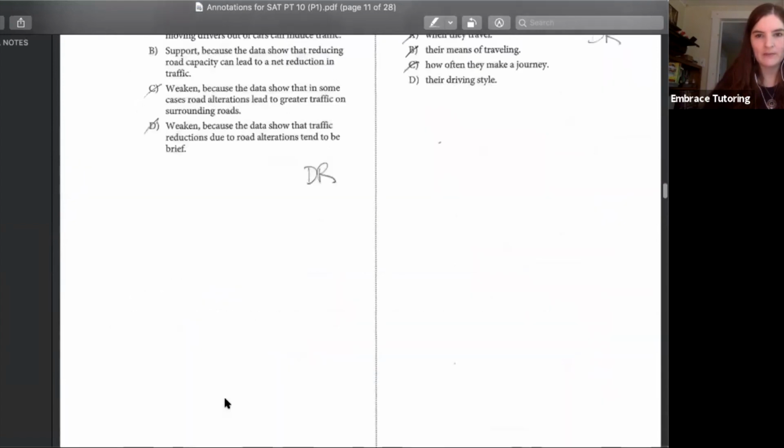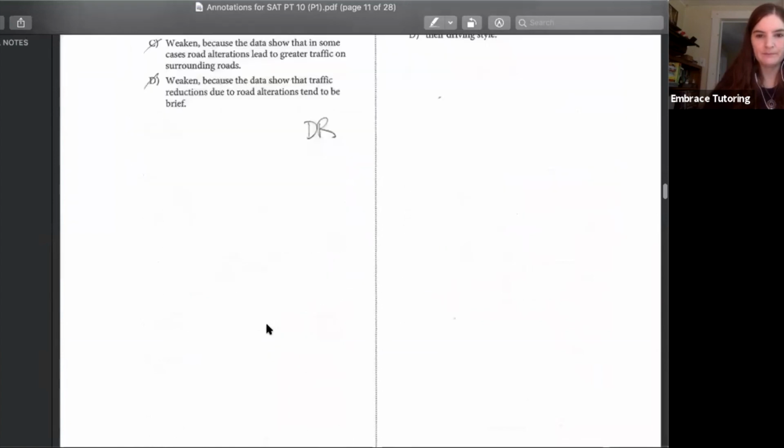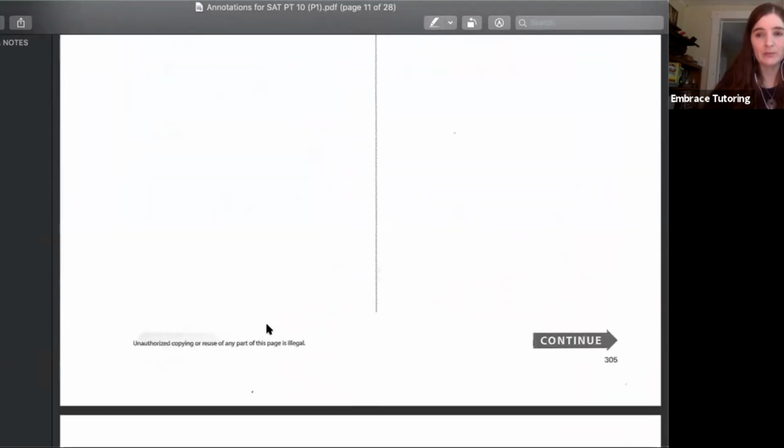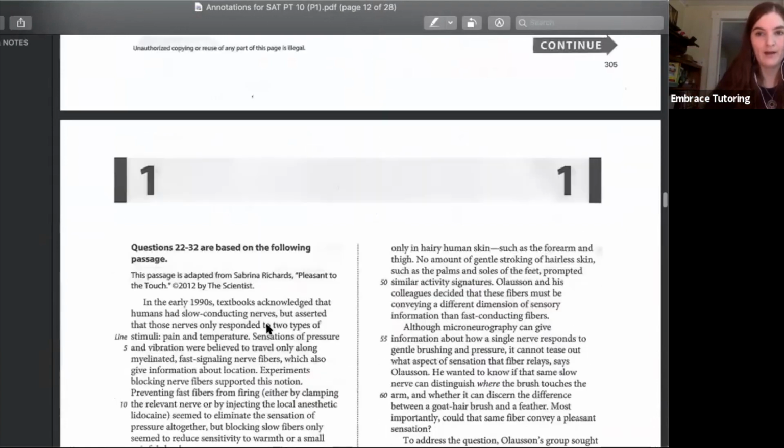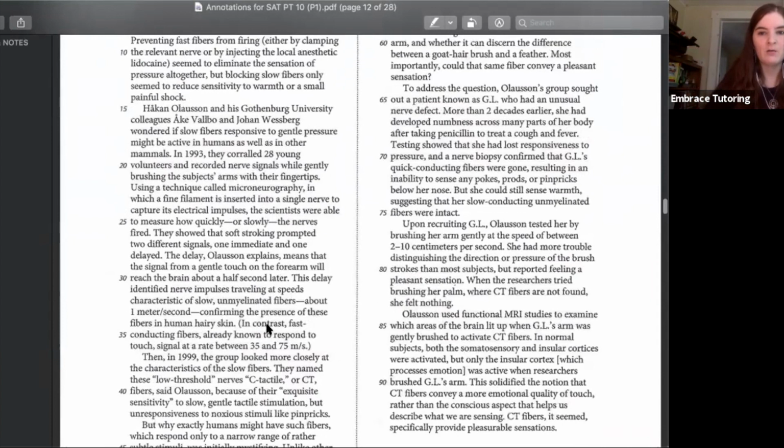Single underlining is really what you would have time for. So don't waste extra time doing double underlining unless you feel it's really important, in which case make another note, like a little star next to it that gives you an indication that it's an important fact. Any questions about